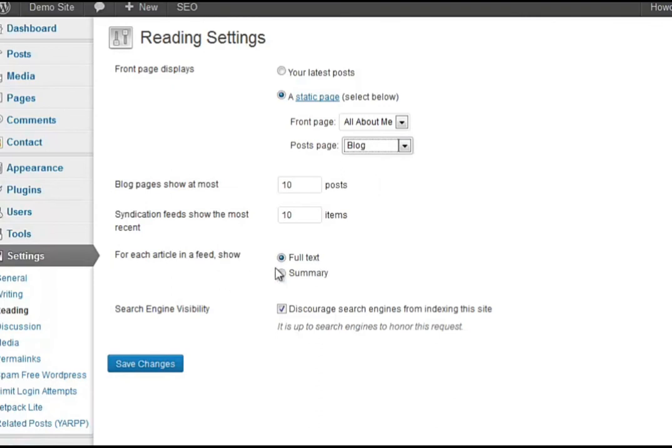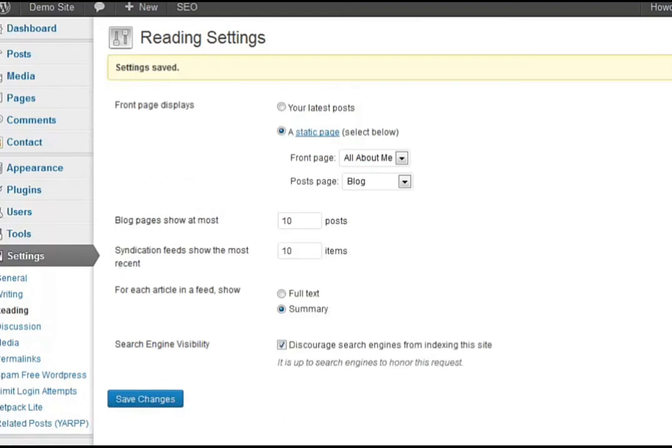Each article will show whatever. Let's go for summary. And at the moment let's discourage search engines because this is completely a demo site, but normally you would make sure that was unticked so that you'd allow them to go for it. Save changes, go back to the site,